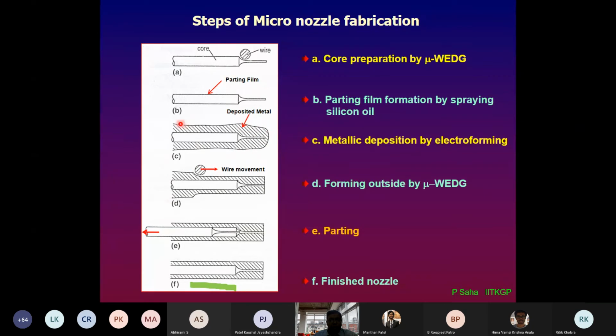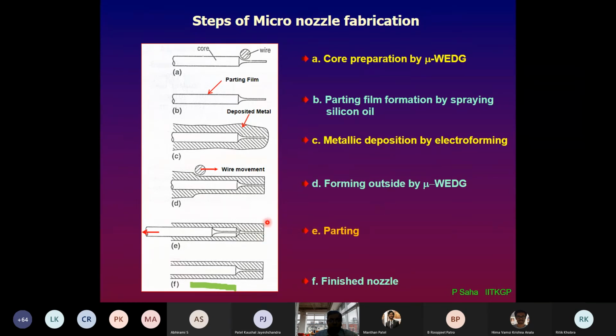So what do I have to do? The excess material that I have deposited through electroforming has to be removed. How do you remove it? Again through wire electric discharge grinding, you gradually remove a little material without touching, again non-contact, and finally give these shapes. Ensure you have the thickness of the nozzle as per the design which you want, which may be only some tenths of microns. So out of this we come down to these shapes through the wire electric discharge grinding process.